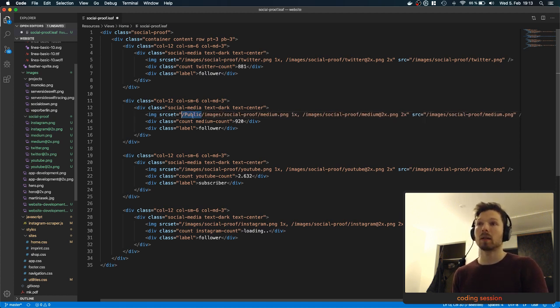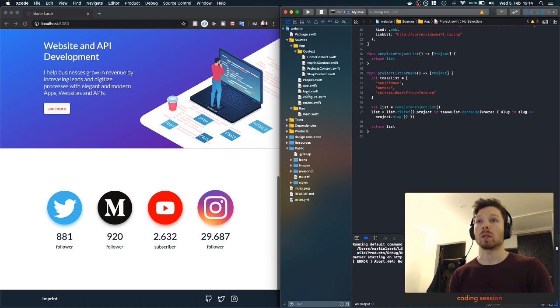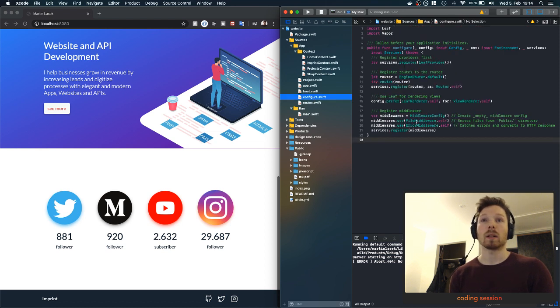That's what it's, this is always the place where Vapor will look for the images, and from there on, wherever you have put your image, either right after public or somewhere nested. And in order to enable public, you will have to go to your configure and on command file middleware. You can see it serves files from public directory, and that should be it.